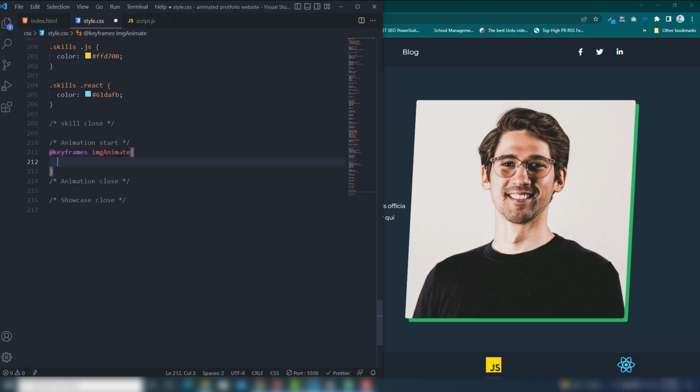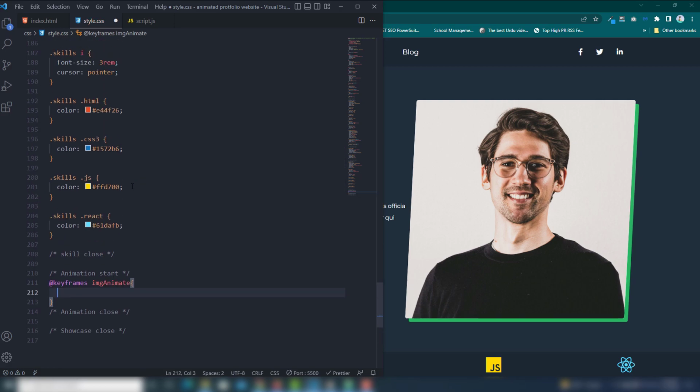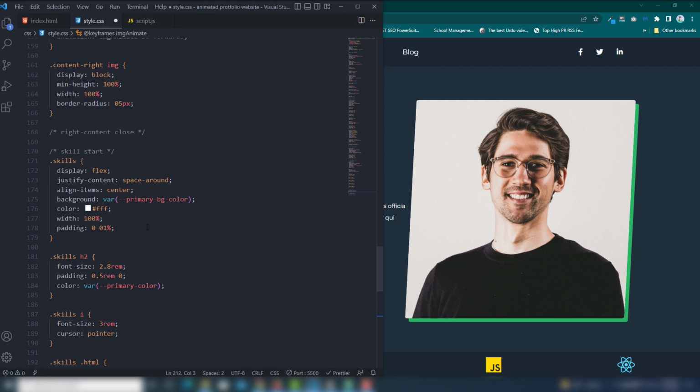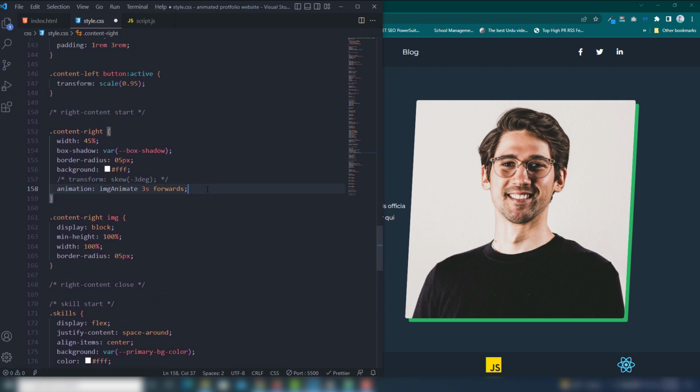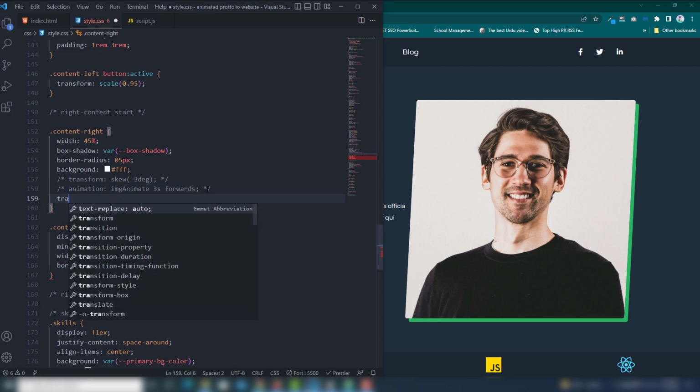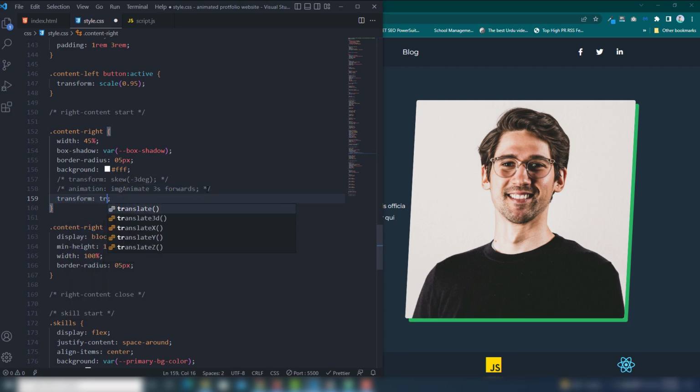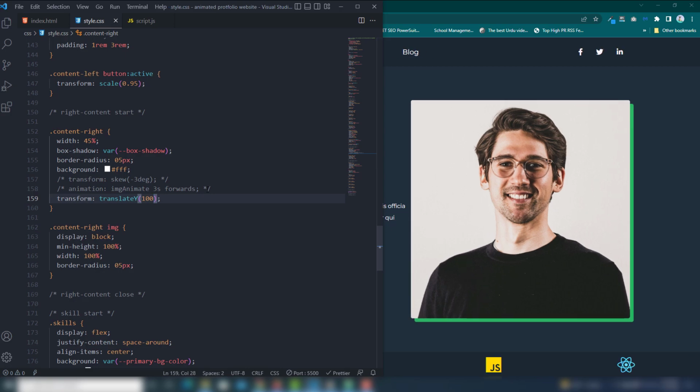So, and also one more thing I'm going to show you. Where is the image? This. So first I'm going to comment that. If I use transform translateY, Y means top and bottom. When I assign the position, for example 100, just a minute.